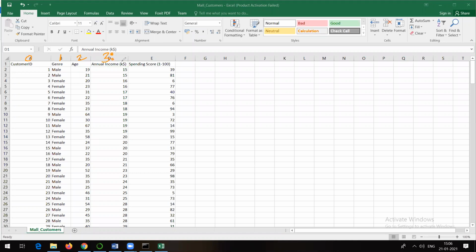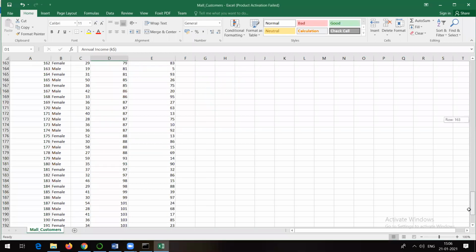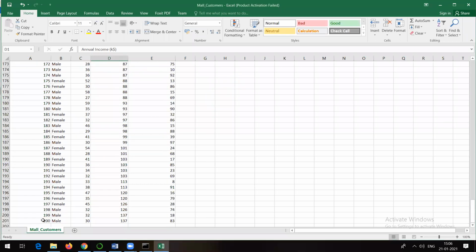So 3 onwards everything. That means this column and this column we are going to consider. That's why we have done colon comma 3 colon. That means all the rows and 3 onwards everything. That means this column and this column. Indexing, that's what we have seen in Python. So let me show you how many rows are here. So yes, 200 rows are here.